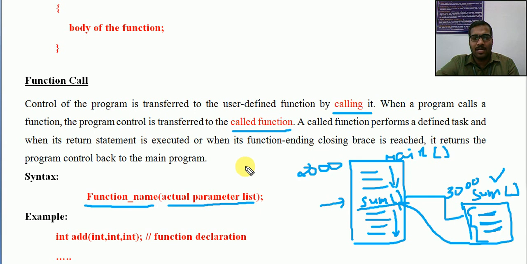If you are assigning a equal to 10, b equal to 10, I can pass a comma b, because a has a value, b has a value. We are passing that into the function definition. So we just need to remember the name of the function and the values required for processing the body of that function.